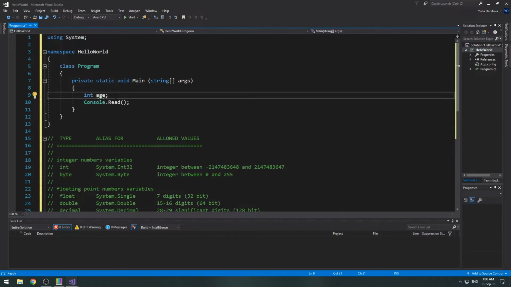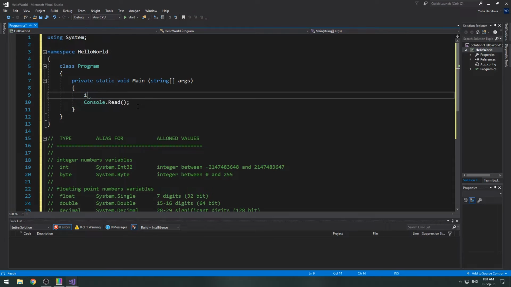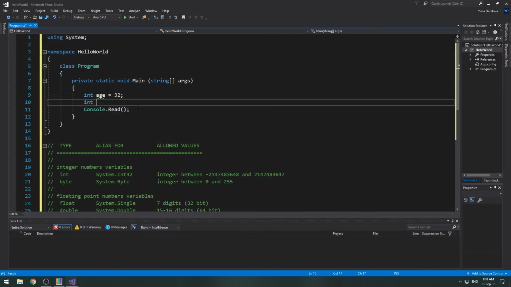However, right now our variable has only the default value 0 because we haven't assigned any value to it. This is where initialization comes in. By using the assignment operator, which is the equal character, and specifying a number, we have assigned a numeric value to this variable. It is possible to merge the declaration and the assignment together in a single statement. The compiler even allows us to declare more than a single variable at once, and they will all be of the type we specified. Finally, we can even declare and initialize multiple variables in a single statement, but this is not something that you will see very often.